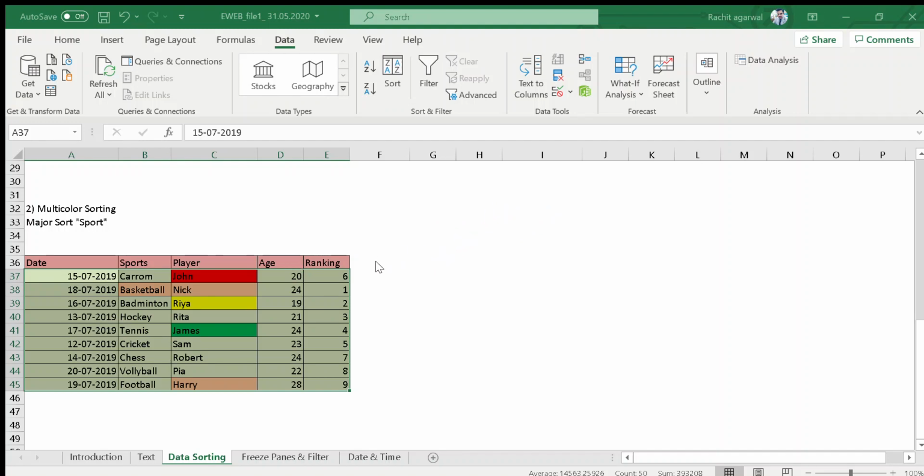So here I want to apply it on the ranking. By which pattern do you want to apply? Here I want to use the color, so I have selected the cell color, and here is the option. Just hold for a second.